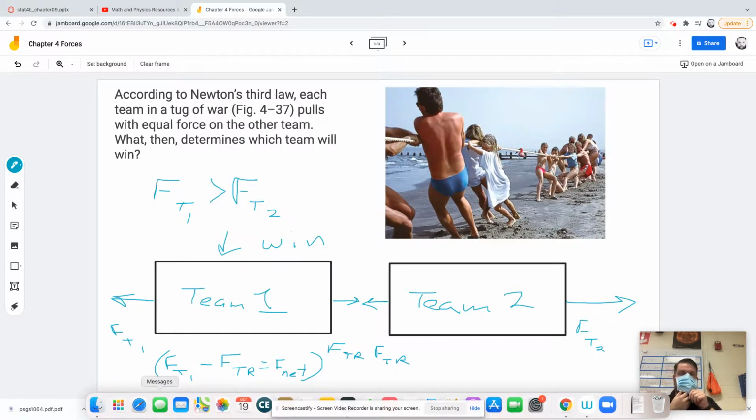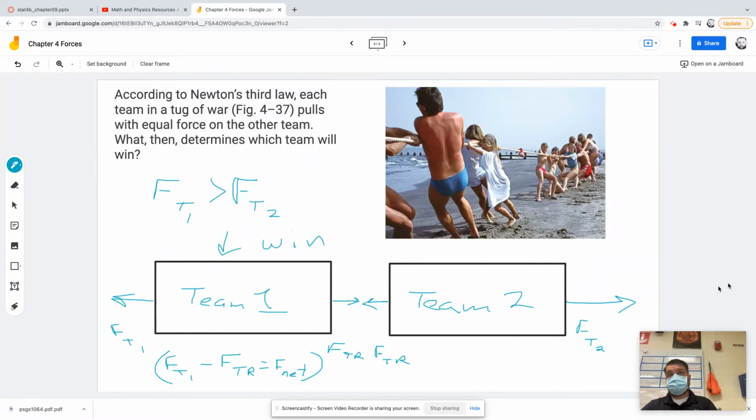And in this case, if we orient this side to be negative, then this side would be positive, so you'd have a negative net force. Any questions on that? Does that make sense? So team one did. Yeah, team one did. Now,